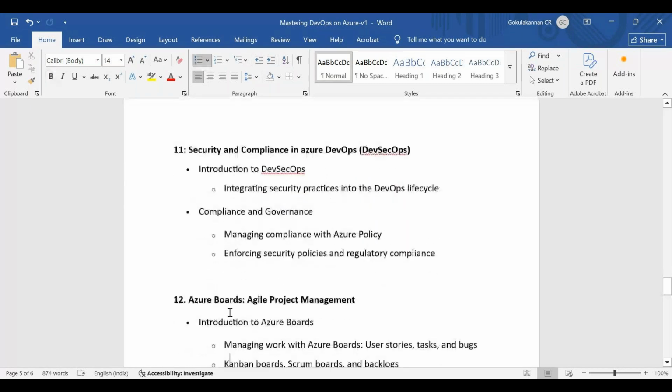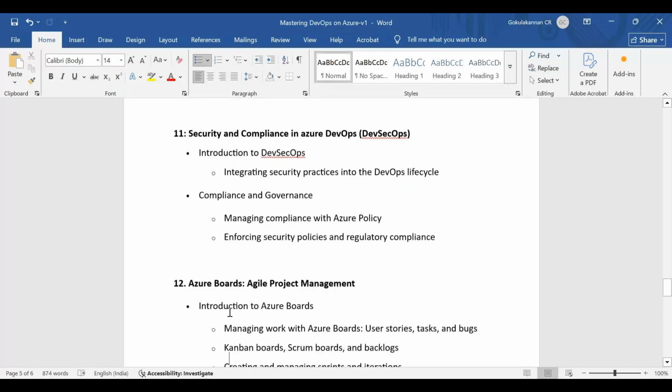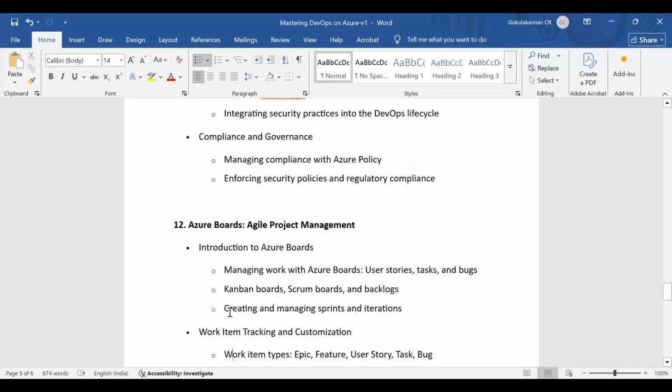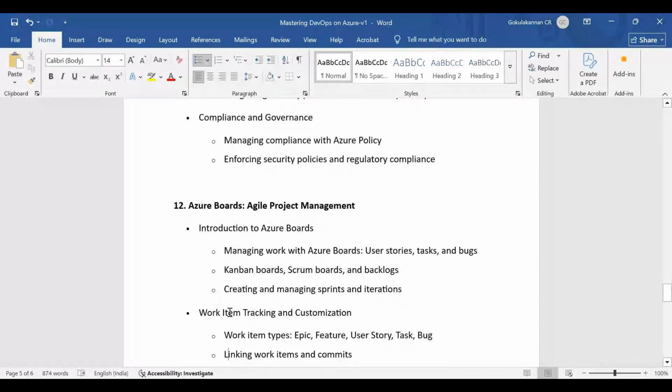Next would be, so far whatever I discussed, most of the topics will be logging into the Azure portal, but we do have a separate portal called the Azure DevOps portal. So the upcoming topics are more related to the Azure DevOps portal, where you will be learning about the boards. If you're in the IT background, contributing in any of the three roles I told, tester, developer, and ops, for sure you will be using one tracking website. It can be Jira or any ticketing mechanism.